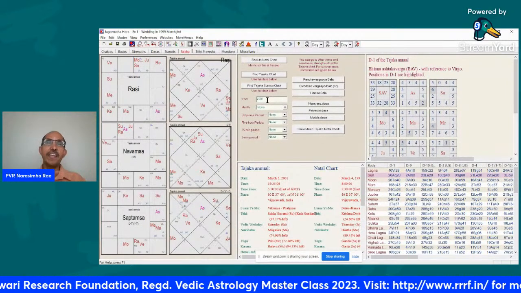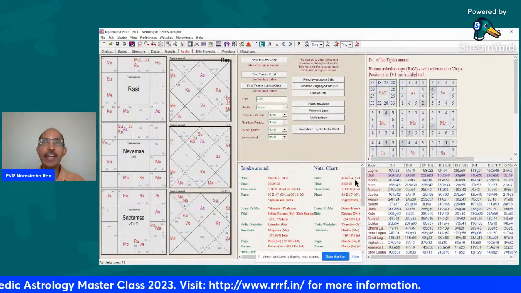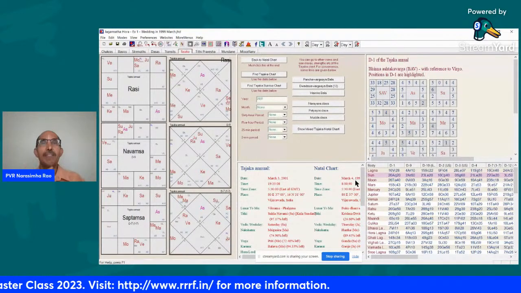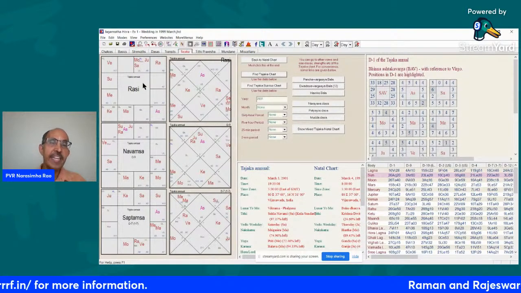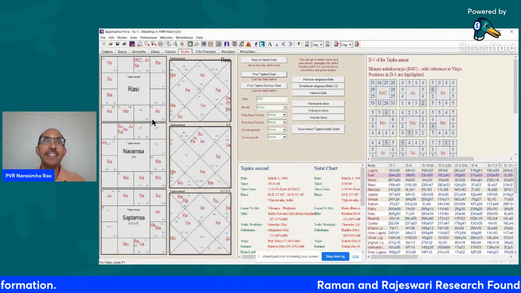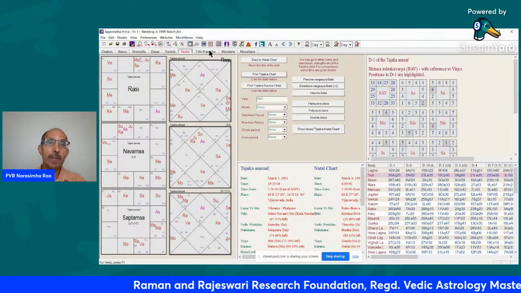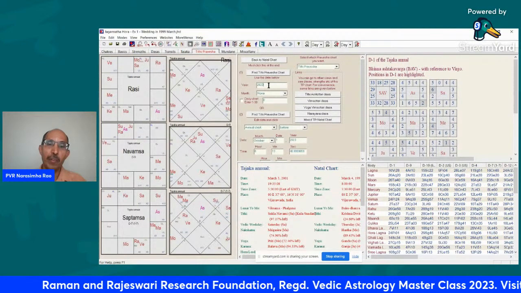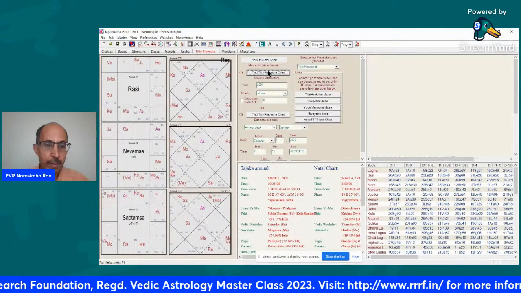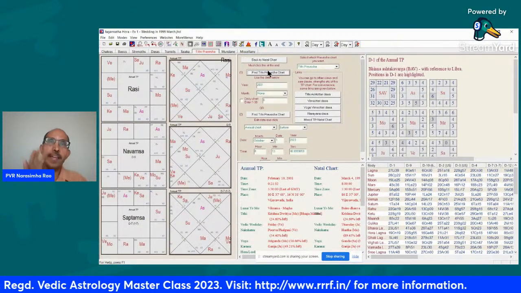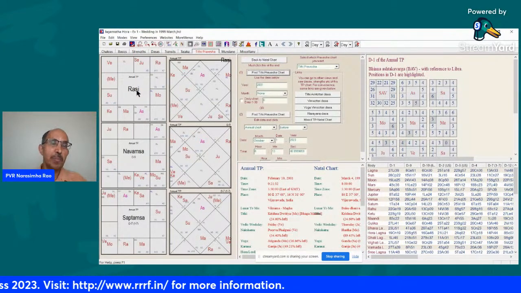So basically, what we are saying is the entity that started existence on March 4, 1999, which is their marital life. In that entity's life, there is an important event possible during this year with respect to being blessed with children. And let us look at the Tithi Pravesh chart of the same year, 2001. Because I went through one example very slowly, I'll try to breeze through other examples, go quickly.